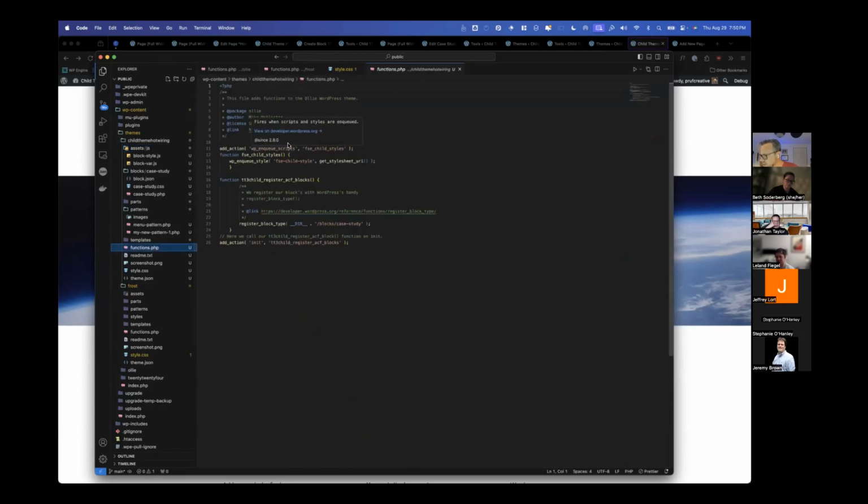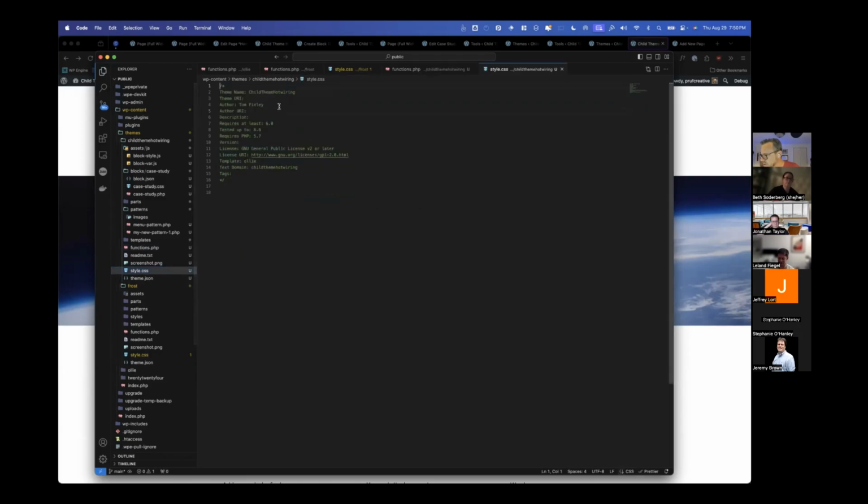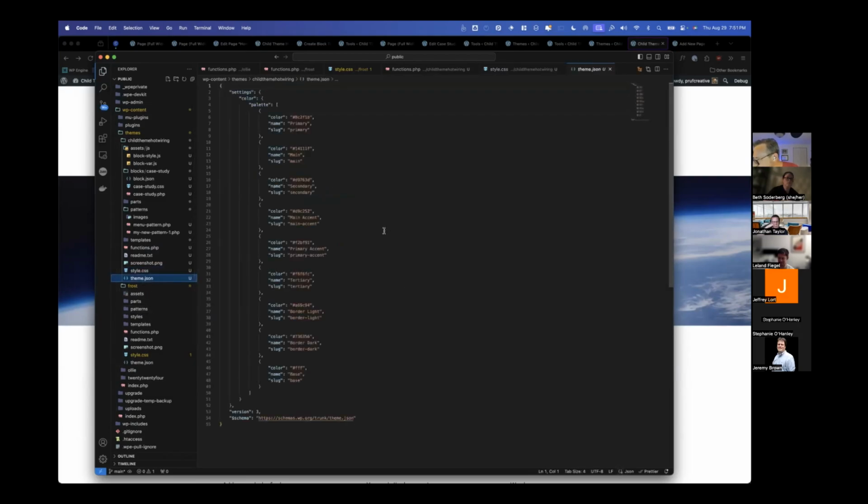a couple of things. The functions file, I'm going to change the package to uppercase Frost. There really isn't anything else in this file that needs to be renamed namespacing wise. And then I'm going to go to the styles.css for my child theme hot wiring folder and change the template here to Frost as well. And this still should work, I think. And then I just shouldn't have to change anything in theme.json either.